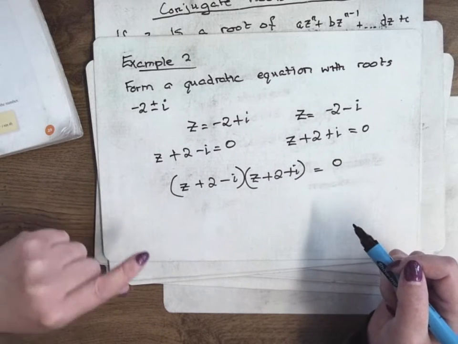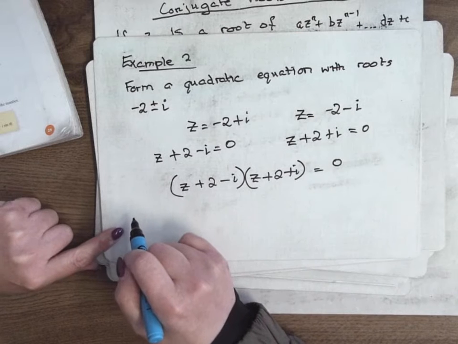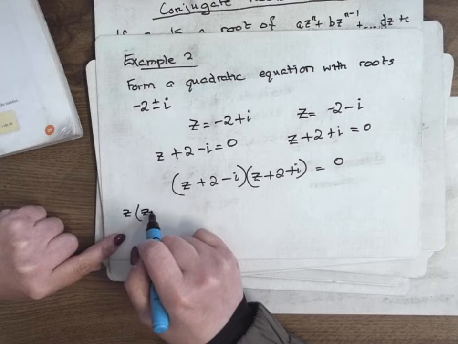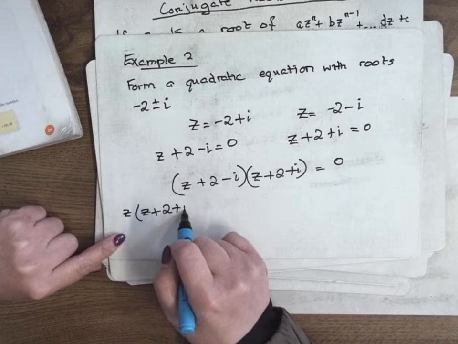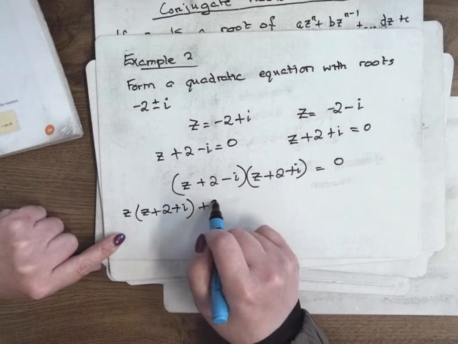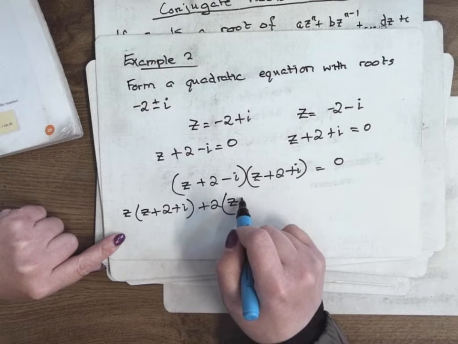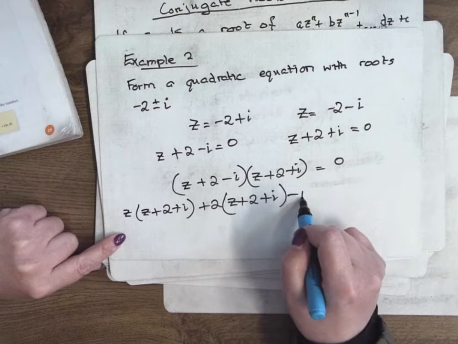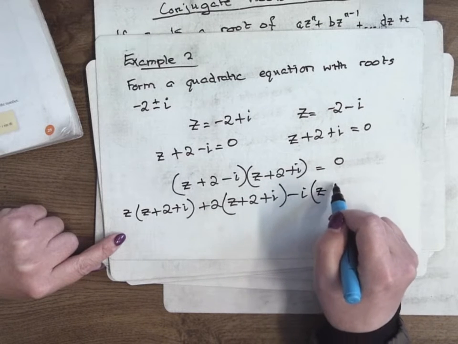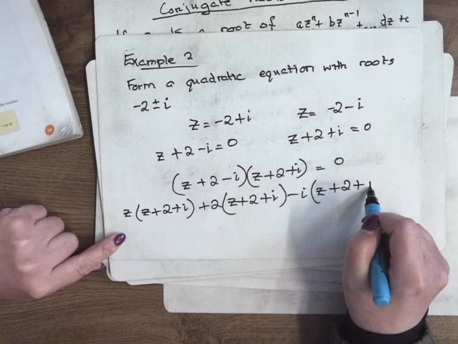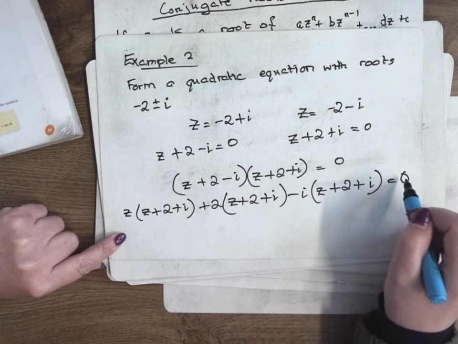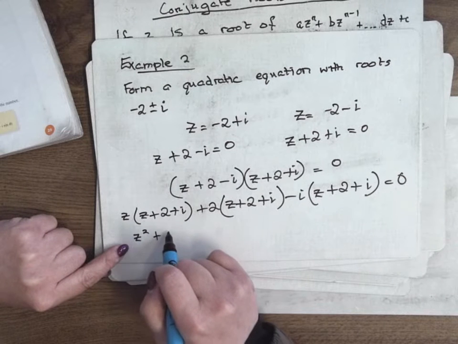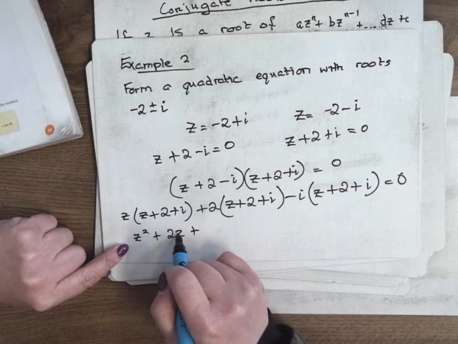Okay, and then you need to multiply it. So you need to split up the first bracket, write the second bracket down twice. It just happens to be 3 terms in the first bracket. So it's z times (z + 2 + i), then the next term plus 2 times the second bracket (z + 2 + i), then it's minus i times (z + 2 + i) equals 0. Agreed? Multiplying out, that's z squared plus 2z plus zi